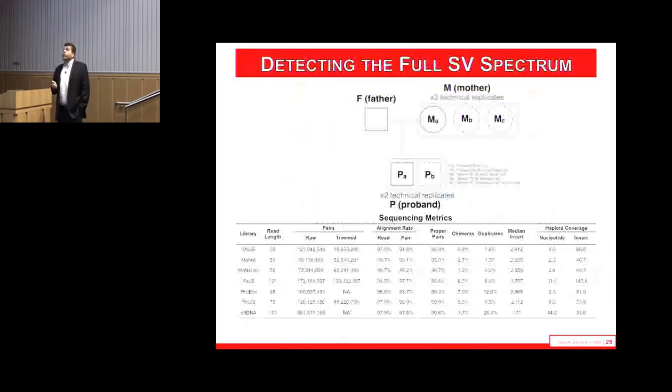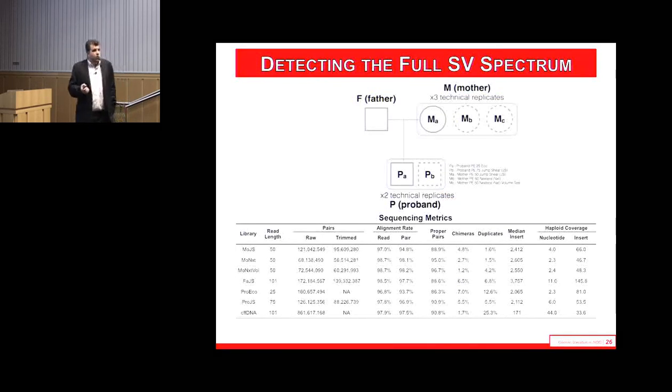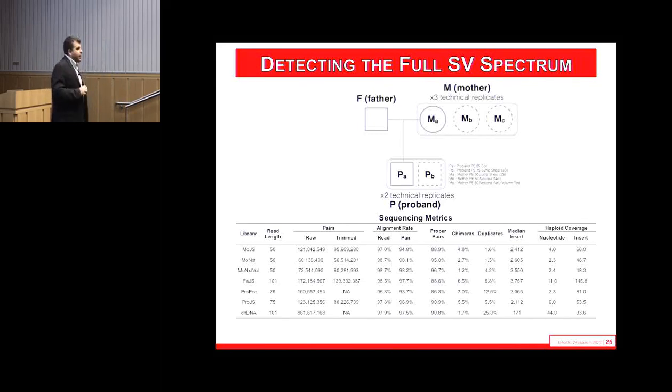What we are doing, though, is we've now generated a large number of jumping libraries on the mother. We have the father at extremely deep coverage, and we have the proband, deep, and jumping libraries. So what we're trying to do now is characterize what structural variation we can find from cell-free fetal DNA, at least what proportion of the structural variant spectrum we would be able to find from circulating DNA in the mother, that could obviate the need for invasive, high-risk clinical testing during pregnancies. Okay, so that's the end of the structural variant stuff.